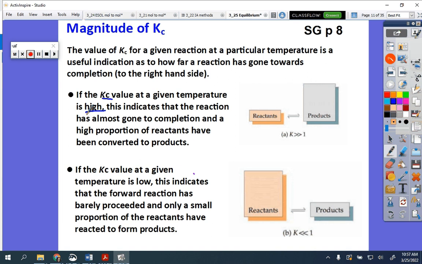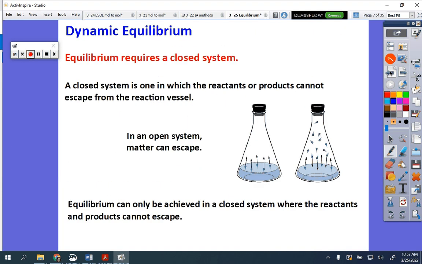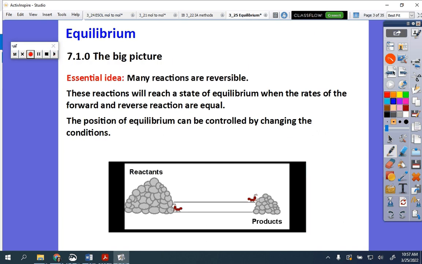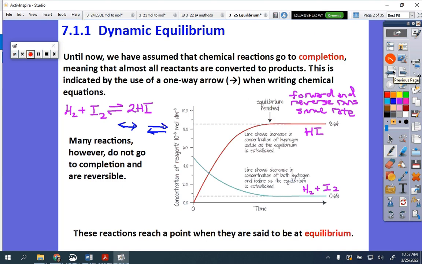We've gone almost all the way to a complete reaction. That would be something like this reaction,